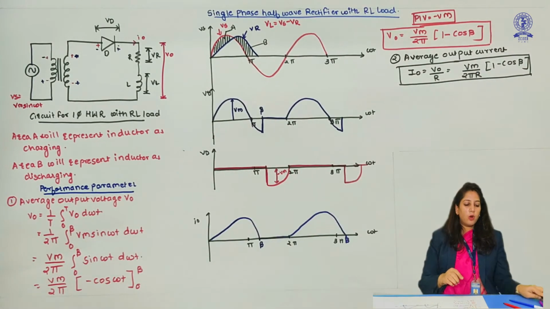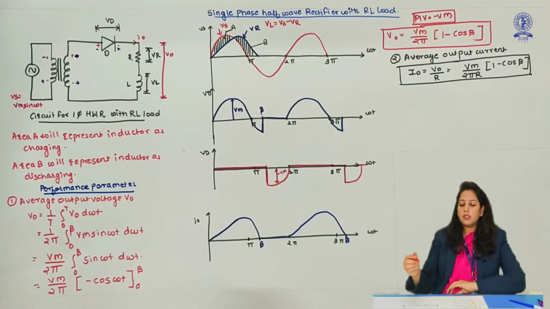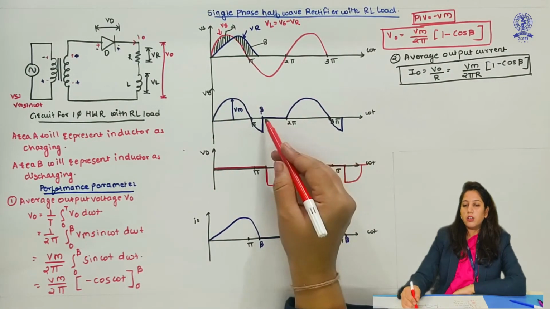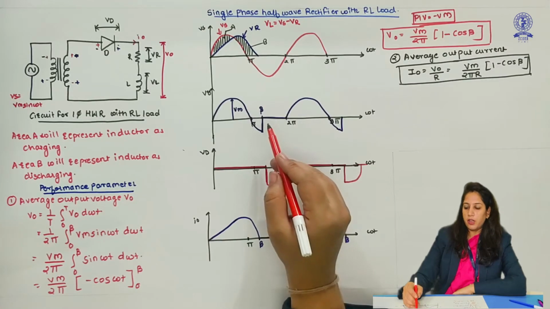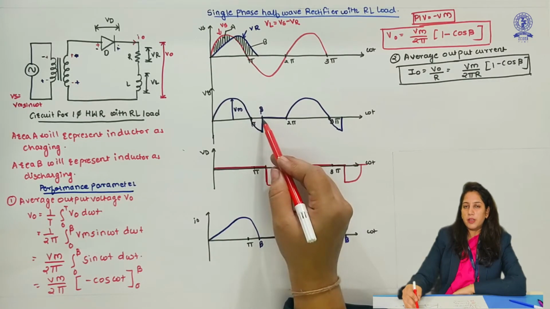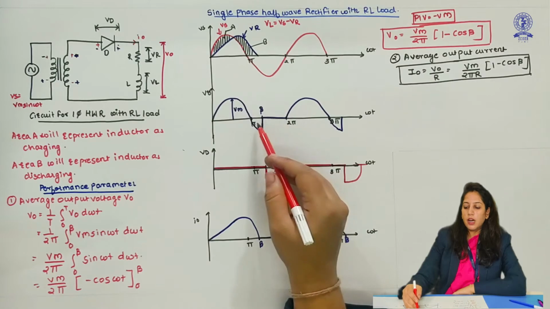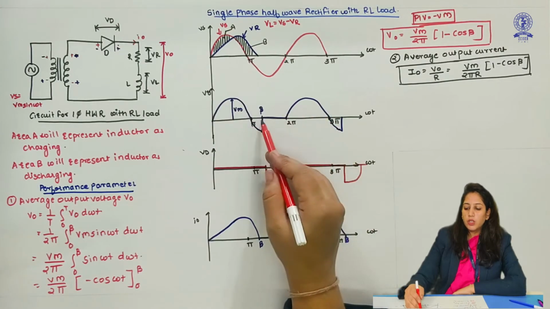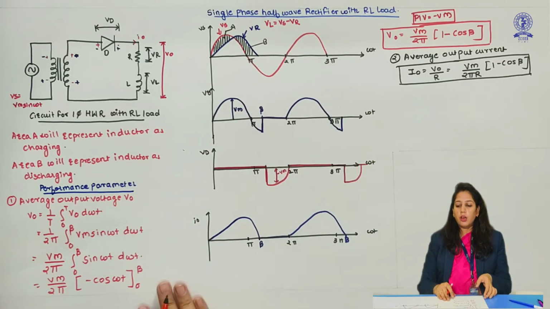But by observing this, it is seen that this notch is not good in any type of rectifier. This negative voltage is present in any type of rectifier because it can't be eliminated directly. So we need to eliminate this notch. How we will eliminate this notch, we will see.